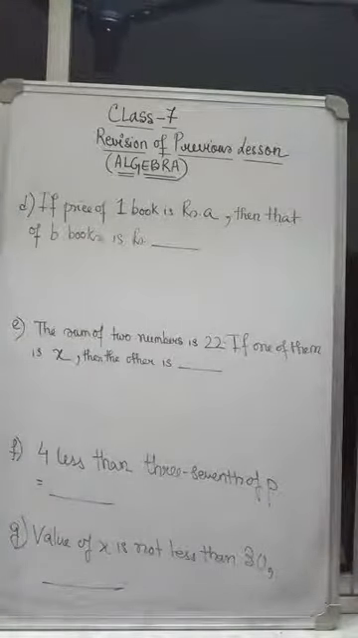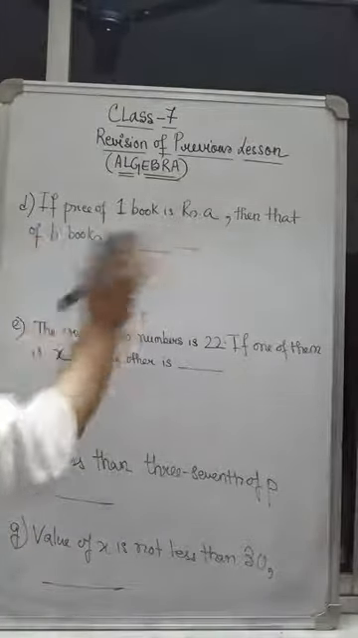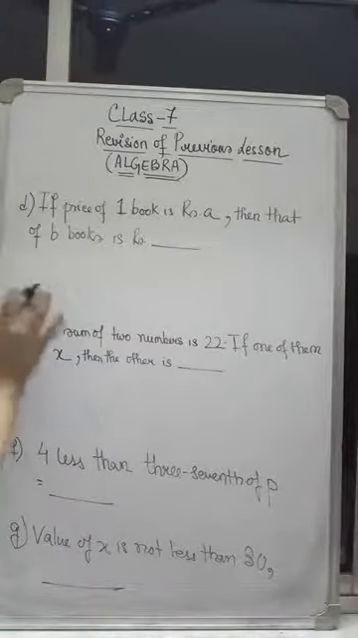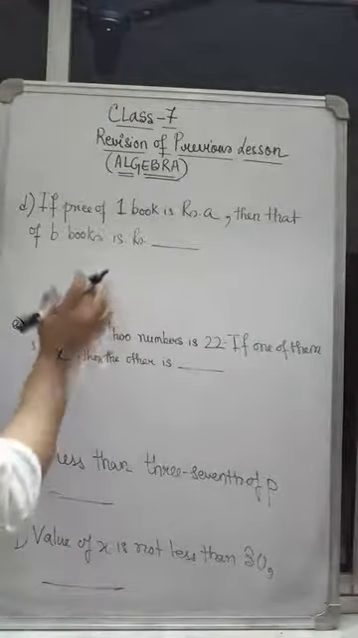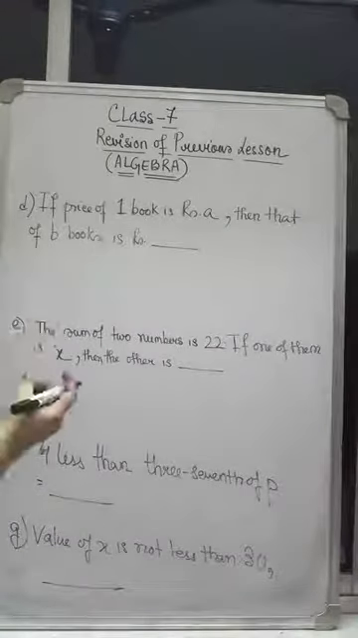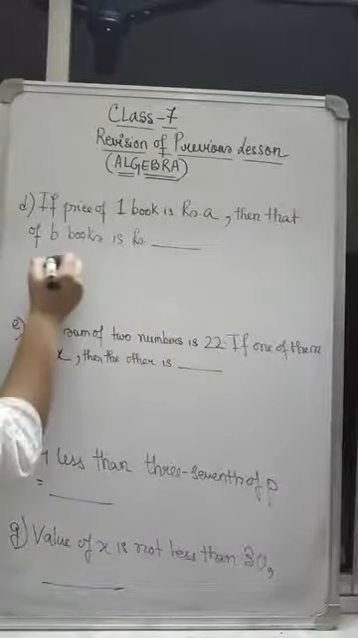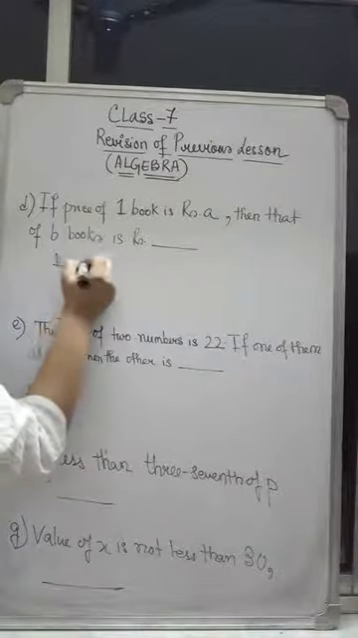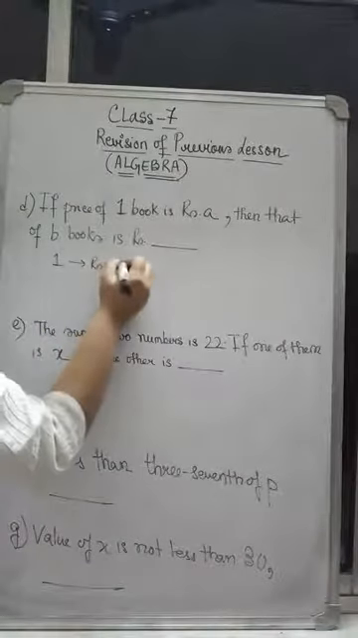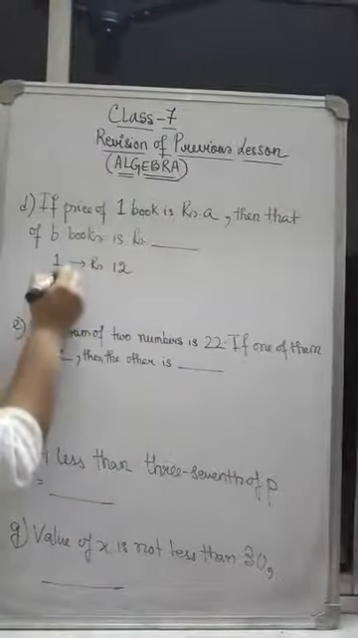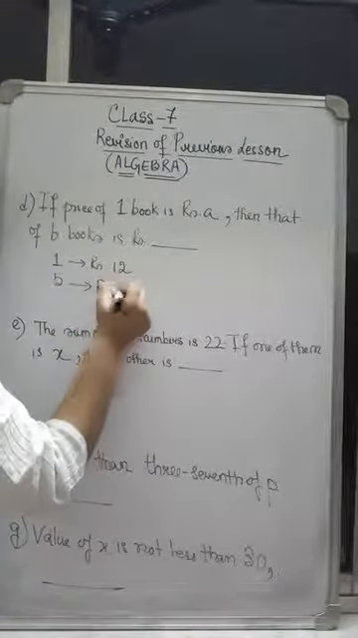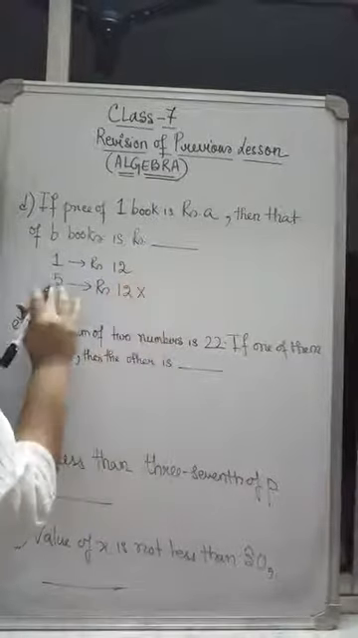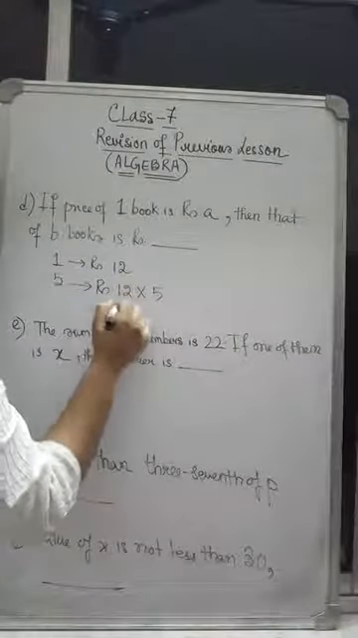So you all know that in unitary method, what do we do? If we know the price of one book, then no matter how many books are given, if you multiply with the number of books, its price, you get its value. For example, suppose price of one book is rupees 12 given. Then what is the price of 5 books? So whatever is the price of one book, with that you multiply the number of books and you get the value